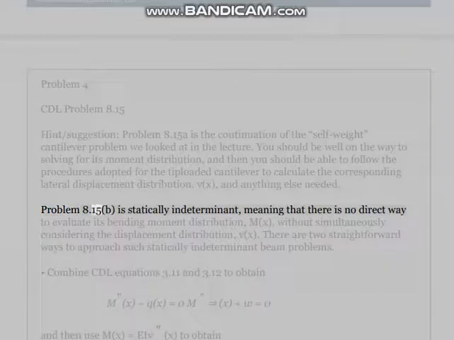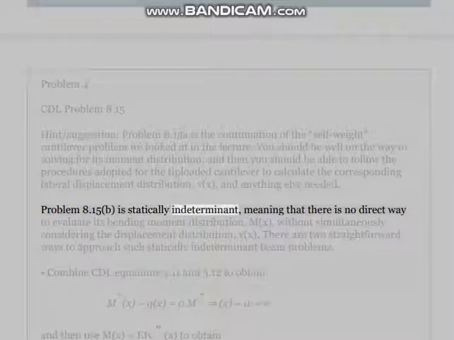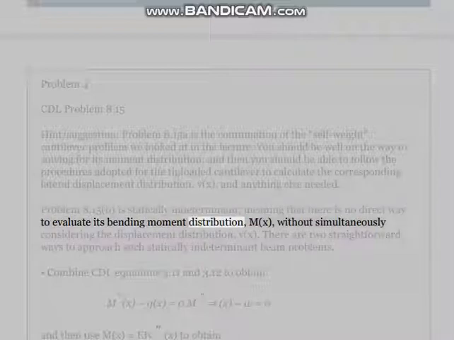Problem 8.15b is statically indeterminate, meaning that there is no direct way to evaluate its bending moment distribution, M(x),